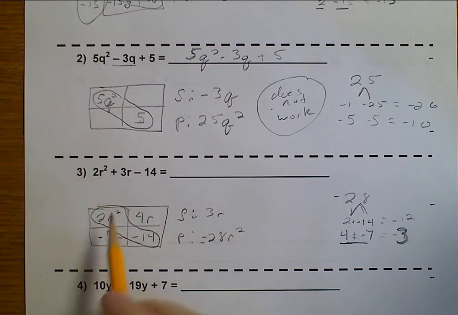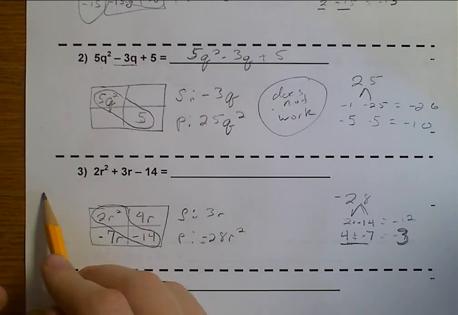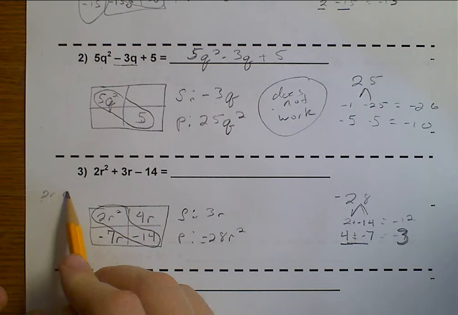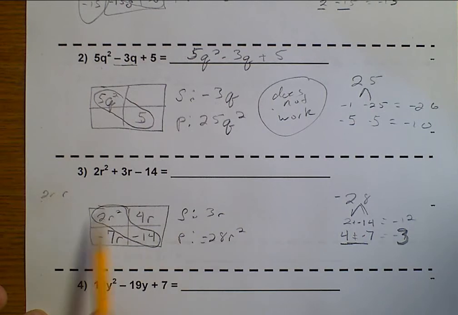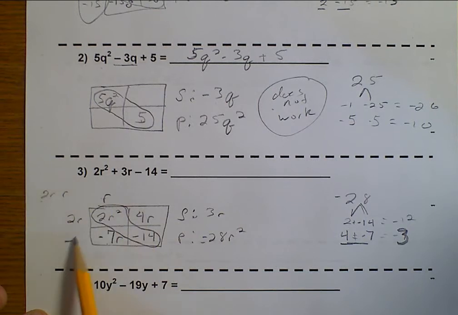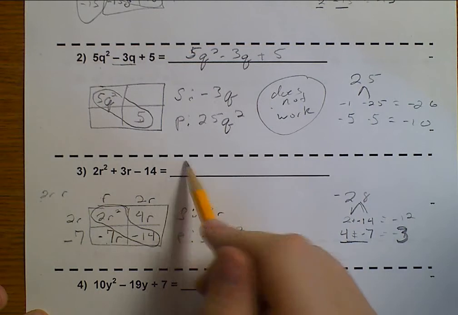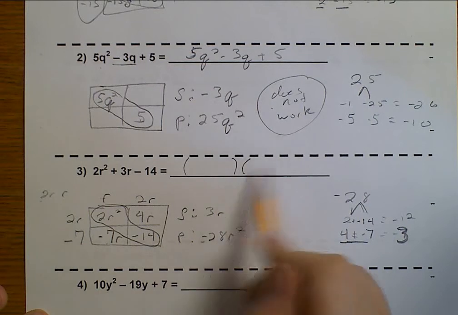Well, I need to get 2r squared, so I need to do 2r and r. Well, 2 will not give me 7. That means the 2r needs to go here, and the r needs to go there. So what times r will give me negative 7r? Well, negative 7. And what times 2r will give me 4r? That would be 2r. So my factors would be r